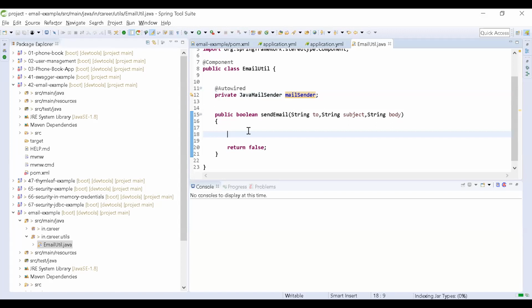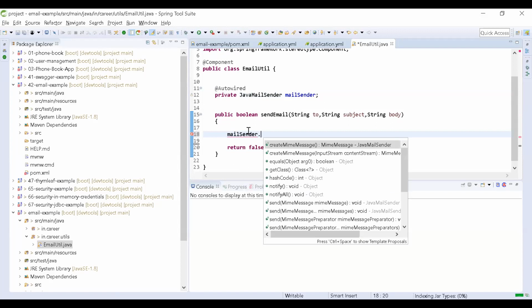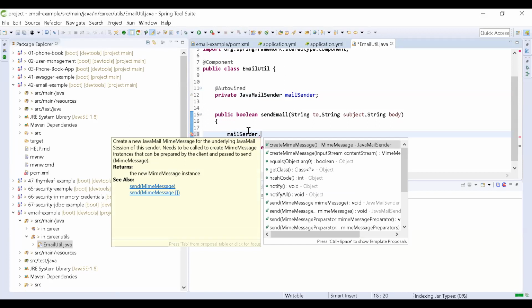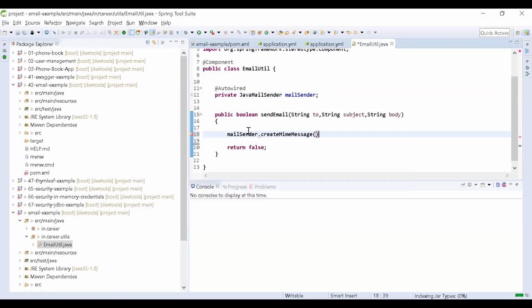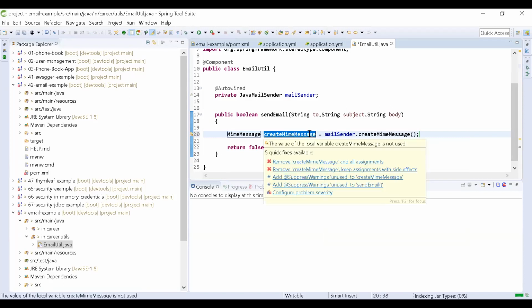So how can I create the email, and set the to email, subject, and body? Simply mailSender.createMimeMessage. This is a simple one, create a MimeMessage. This MimeMessage is used to set your email content.